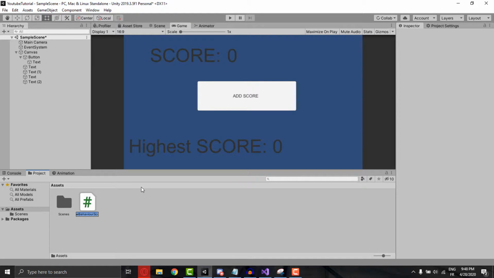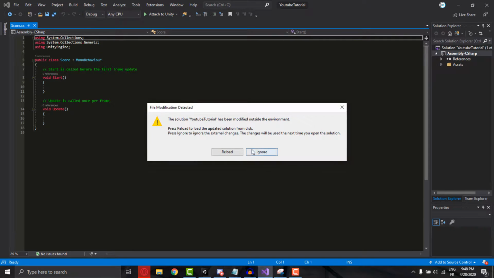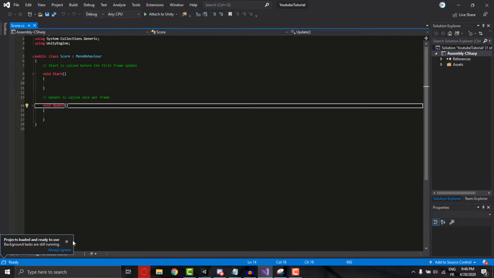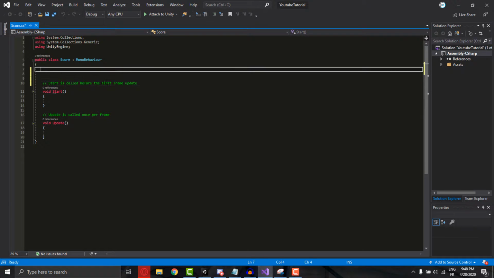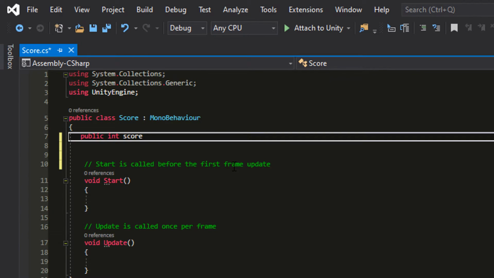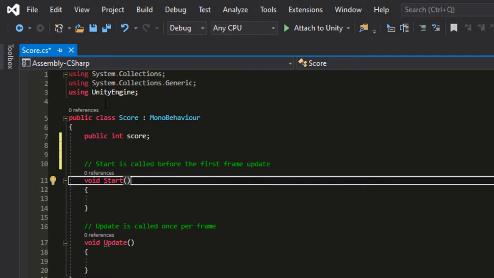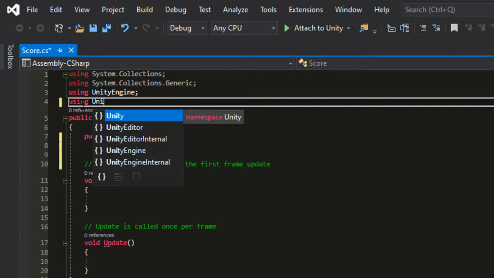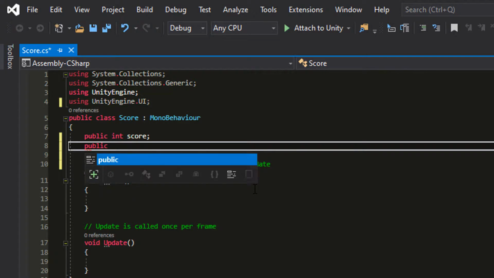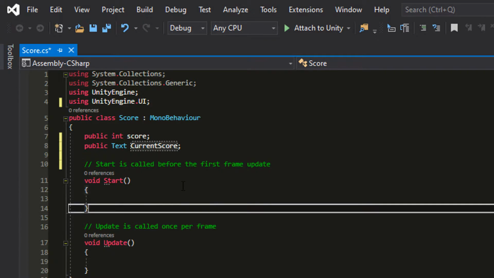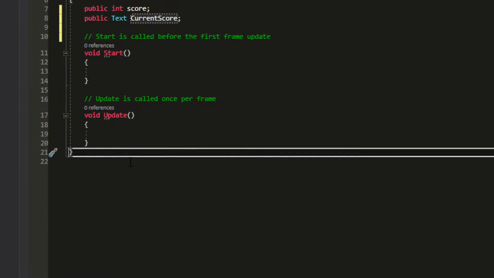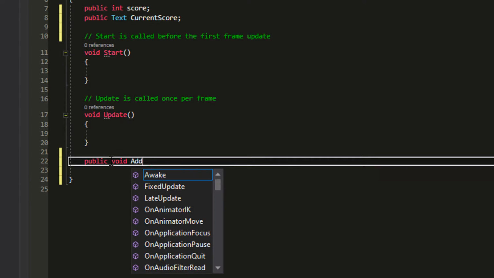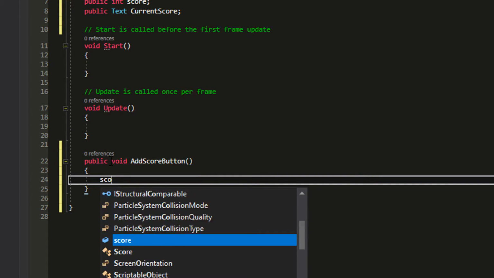So the next thing is to make a new C# script that I'm going to name score and wait for Visual Studio to load. There we go. So the first thing we make is a public int and name it score. We are interacting with the UI element, so we need to import the UI namespace, so UnityEngine.UI, and the public Text we name score. Oh, we change it to currentScore. So for the button we need to make a new function, so public void AddScoreButton and